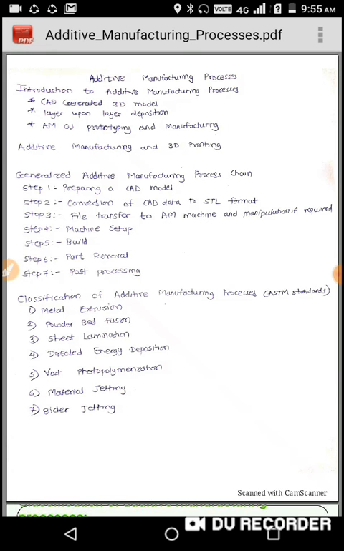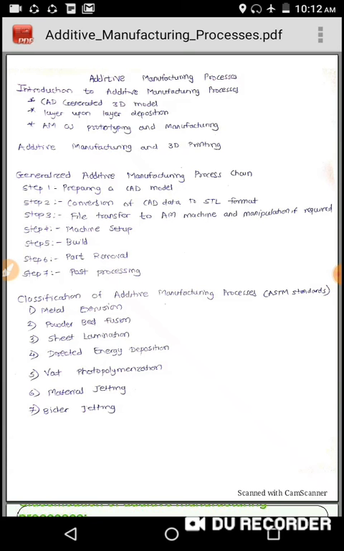Therefore, the file conversion is very much essential. An STL file is a concrete visualization of the geometry of the part to be manufactured, built from triangles. If we increase the number of triangles, the resolution describing the part surface and the accuracy of the part can be increased.